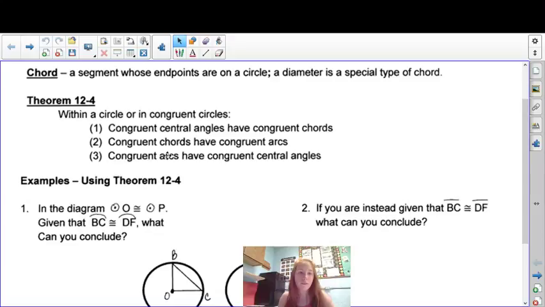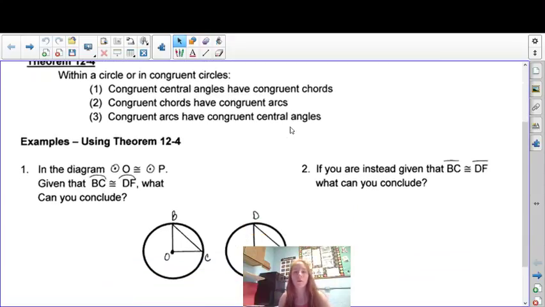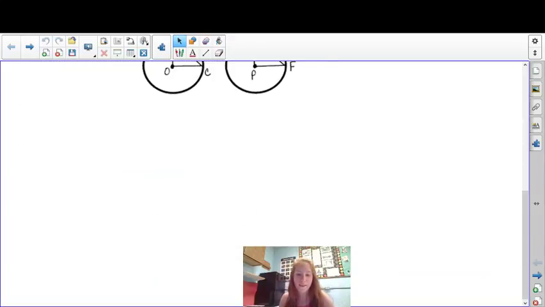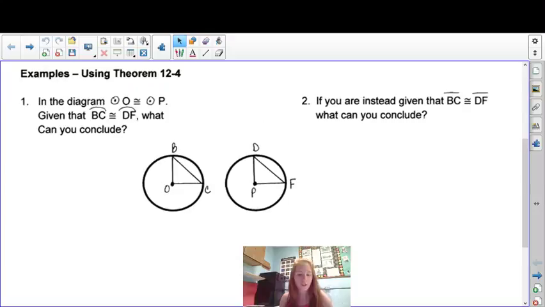Within a circle, or in congruent circles, congruent central angles have congruent chords. Congruent chords have congruent arcs, and congruent arcs have congruent central angles. So we're given two different examples here for problems 1 and 2, and we're asked to determine what we can conclude based on the following information. So in problem number 1,